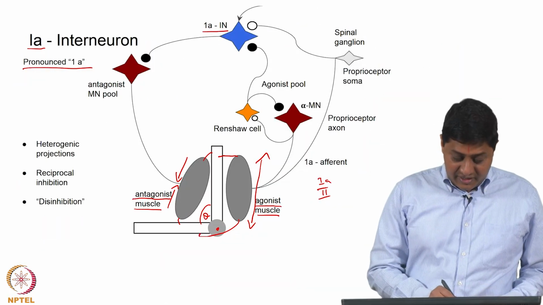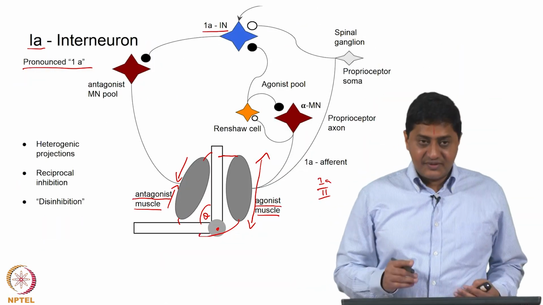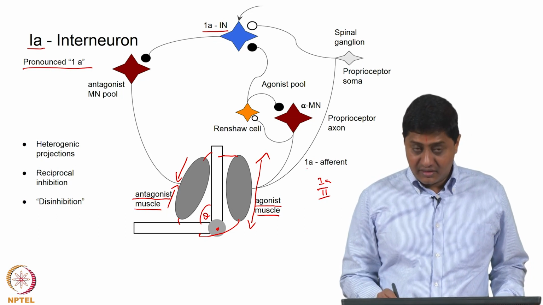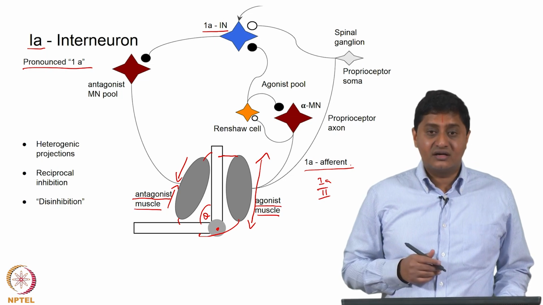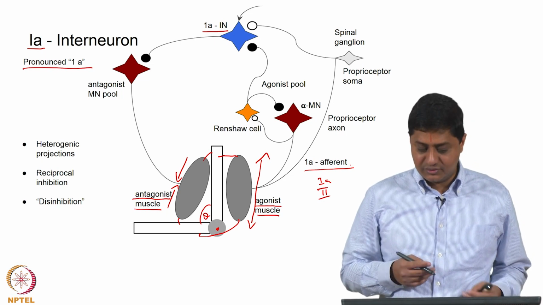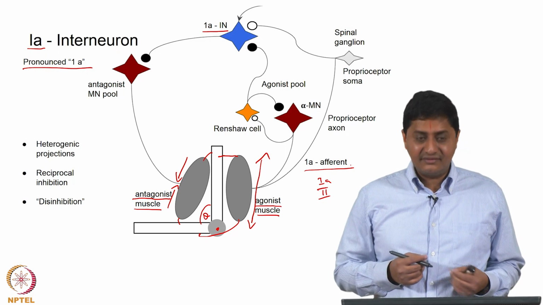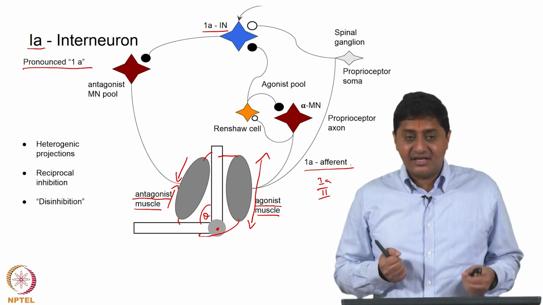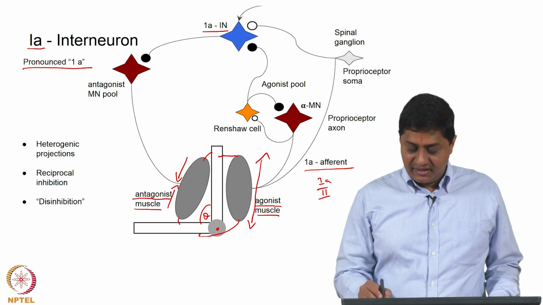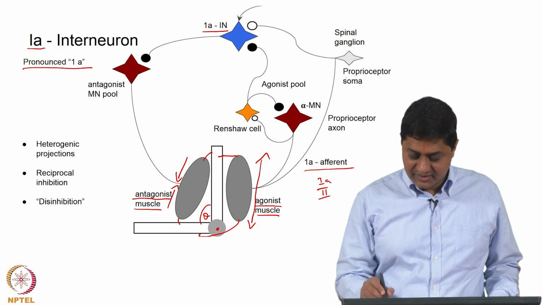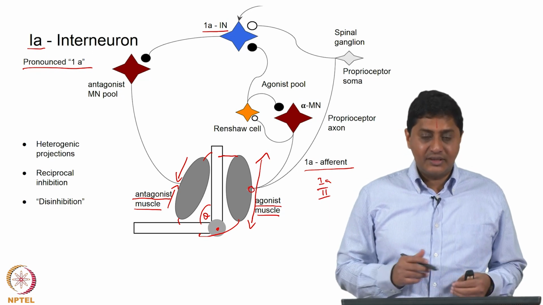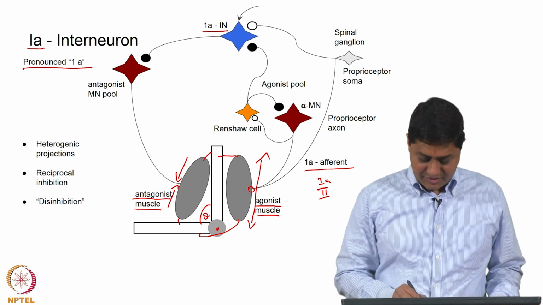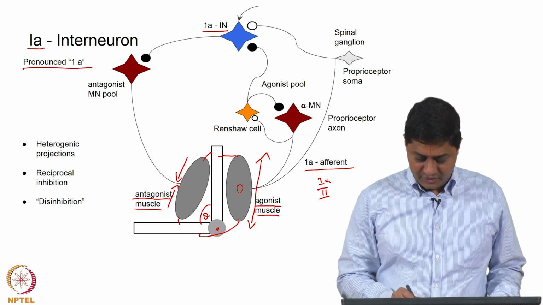So, when the antagonist is contracting, the agonist will stretch and then the sensor will start firing, sending an input that is proportional to the amount of stretch, is it not. So, it is a length sensor. As soon as the length increases, this is going to start sending information. The sensory part of this proprioceptor neuron is intertwined with the intrafusal fibers, actually in the center, right.